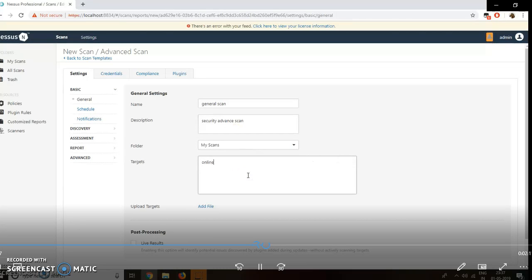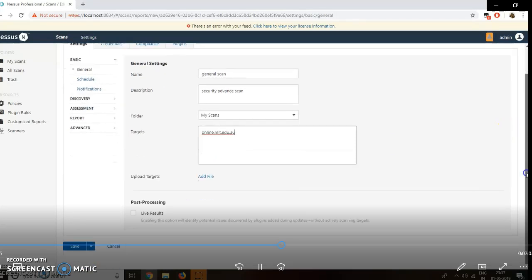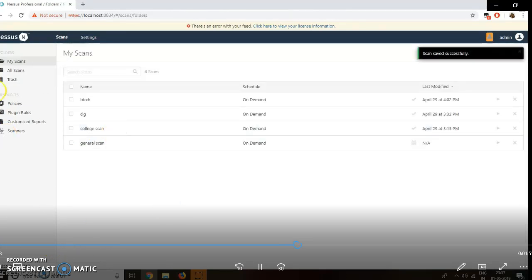Now I'm giving the target as online.mit.edu.au, and if you scroll down a little here, you can click on the live results, or you can save the file as well. When you click on save, you will see it is visible here. The last option, when you click on launch,